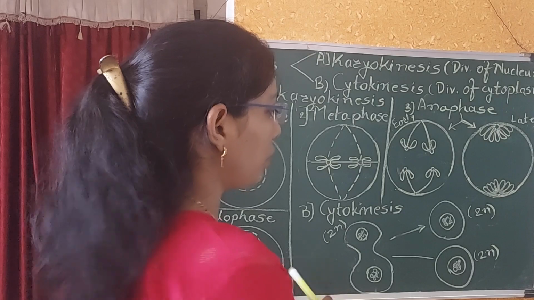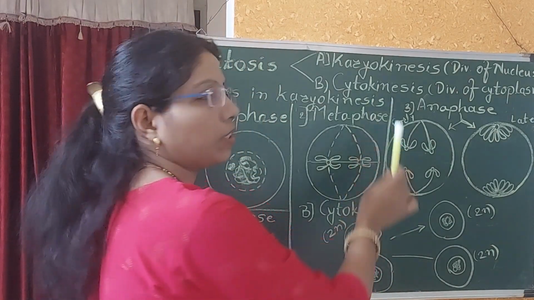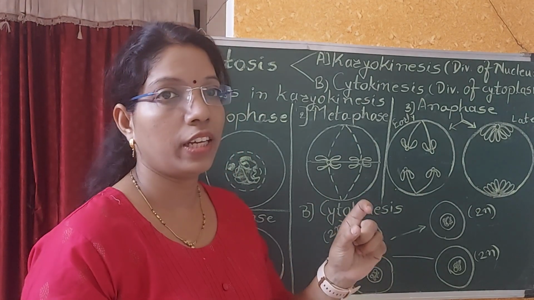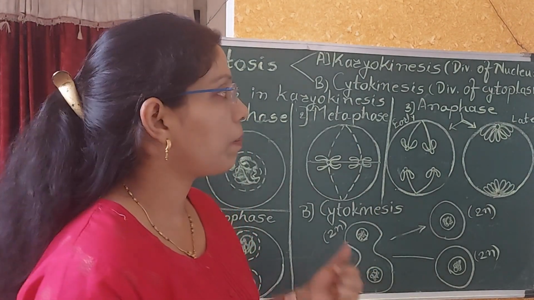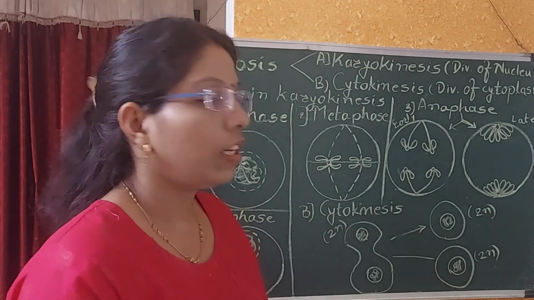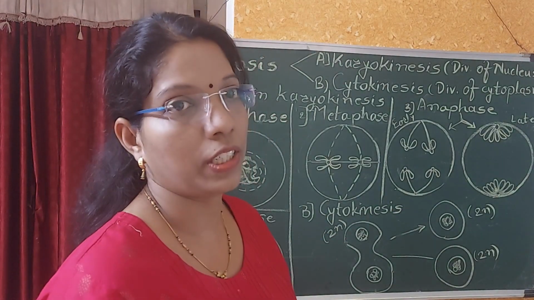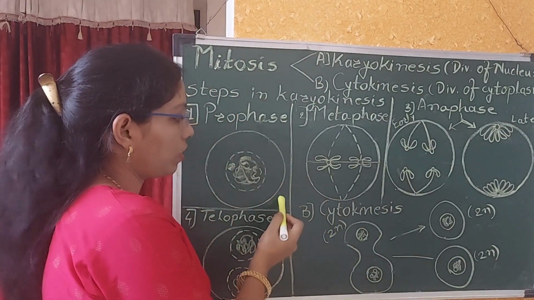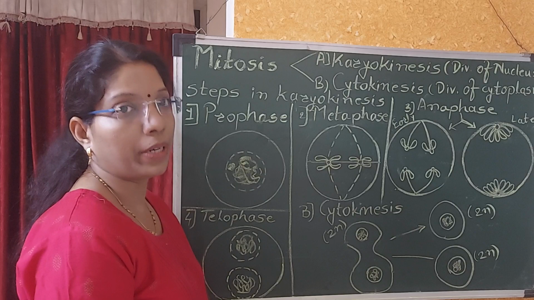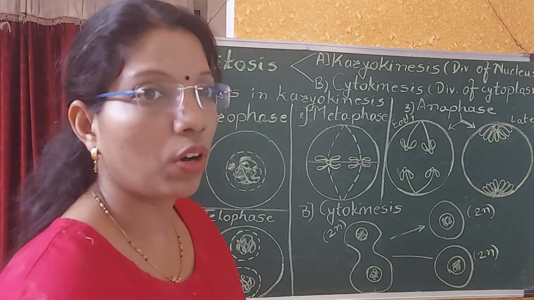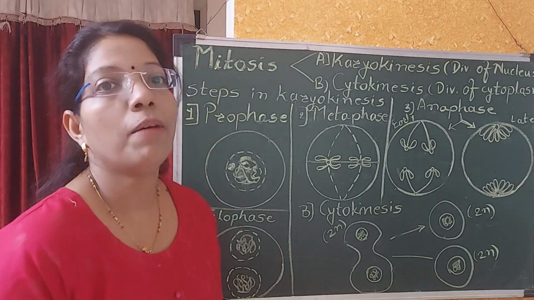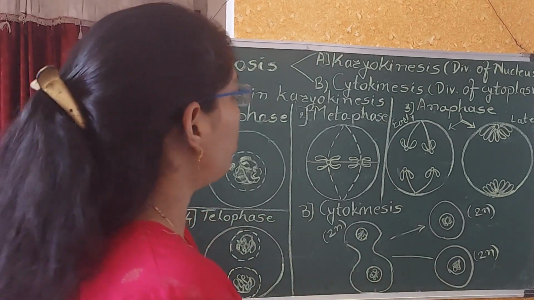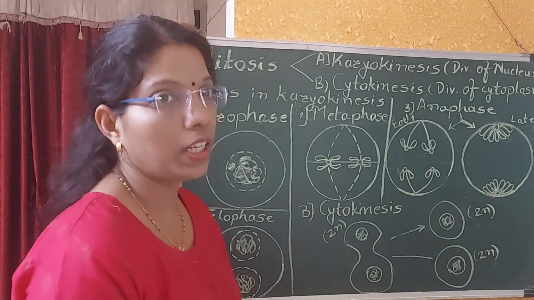And then after the division of nucleus, there is a division of cytoplasm. We have seen the structure of the cell. Inside that, the nucleus is there, and different cell organelles. If it is a plant cell, it has a cell wall. If it is an animal cell, the cell wall is not present in animals. So we are going to see cell division in the case of an animal cell, because the cell wall is absent in animal cell, but it is present in plant cell. So here the cell wall is absent.